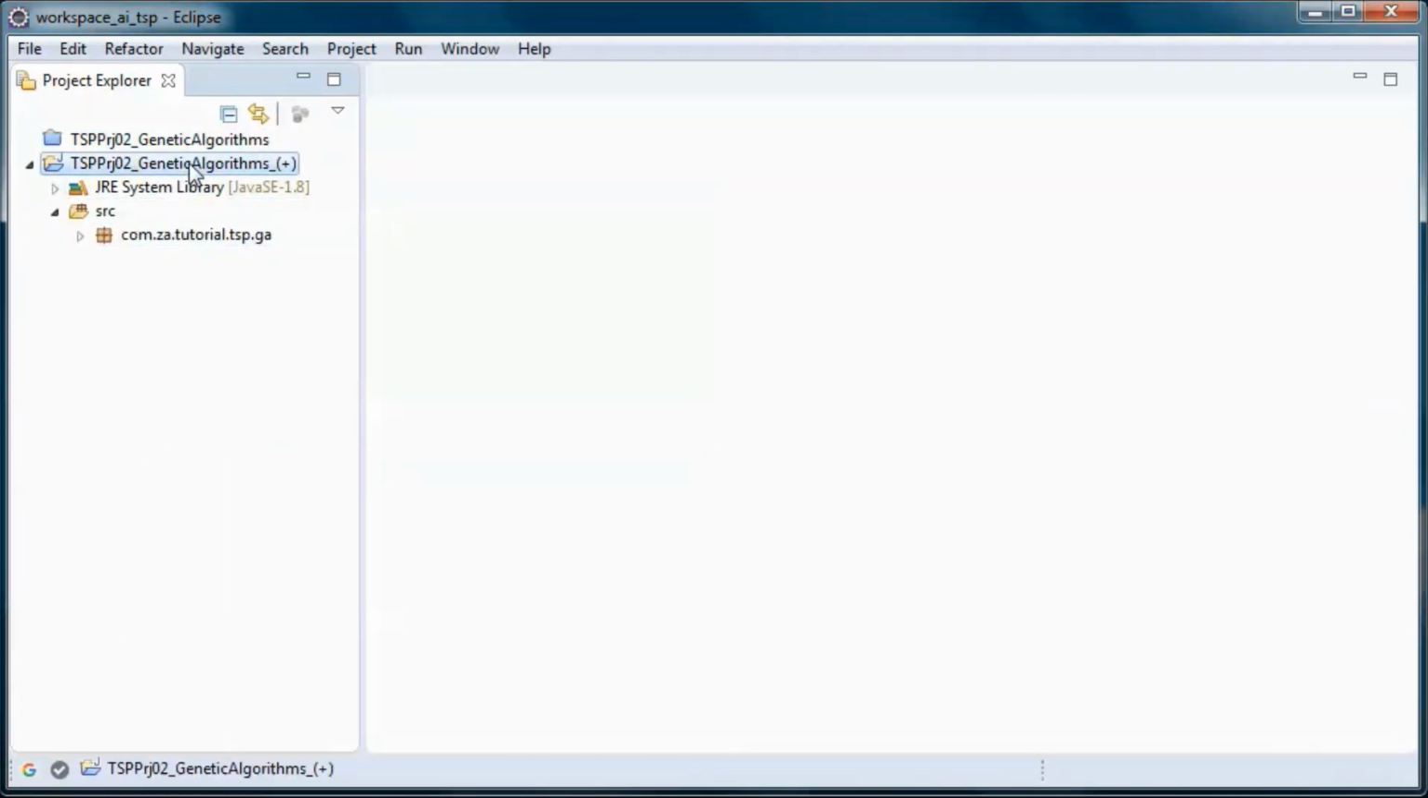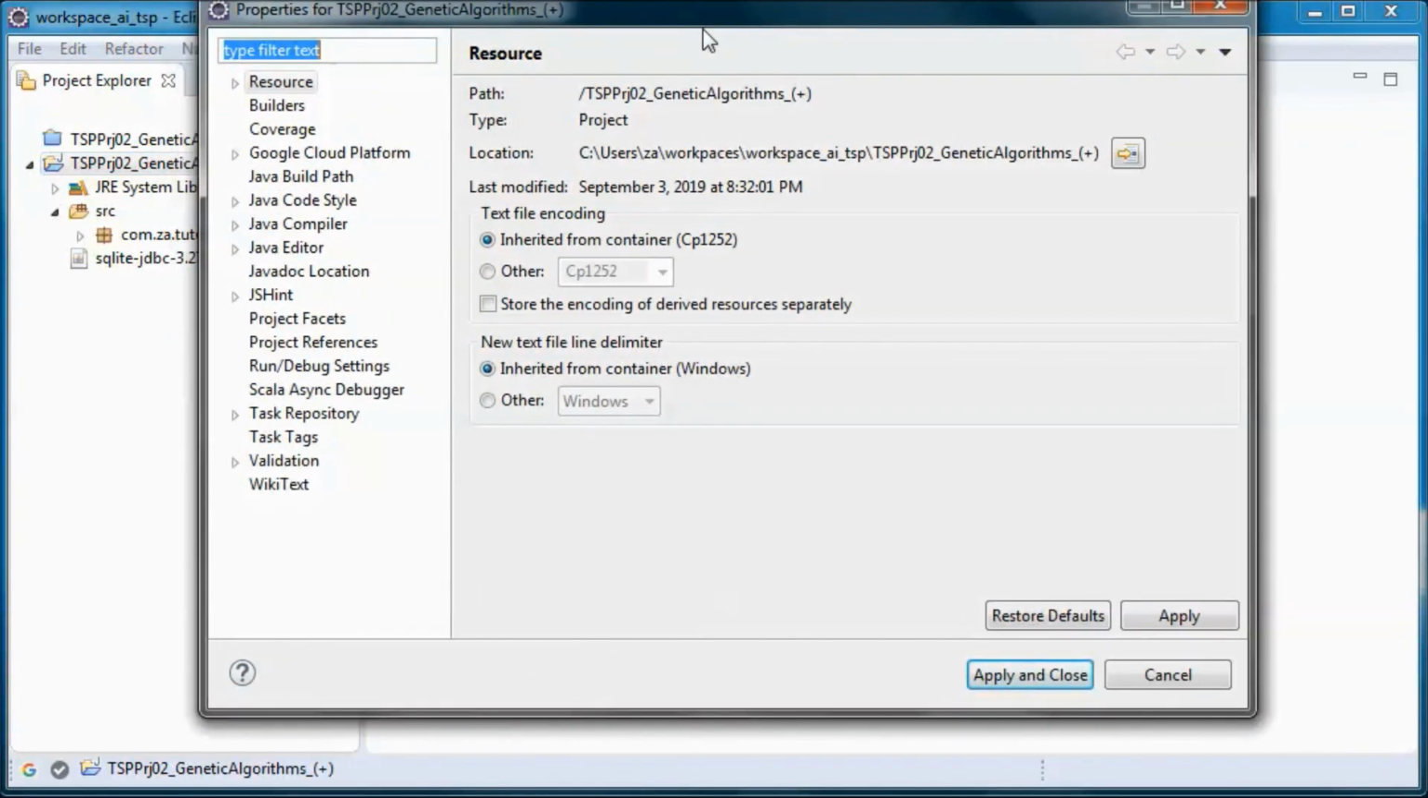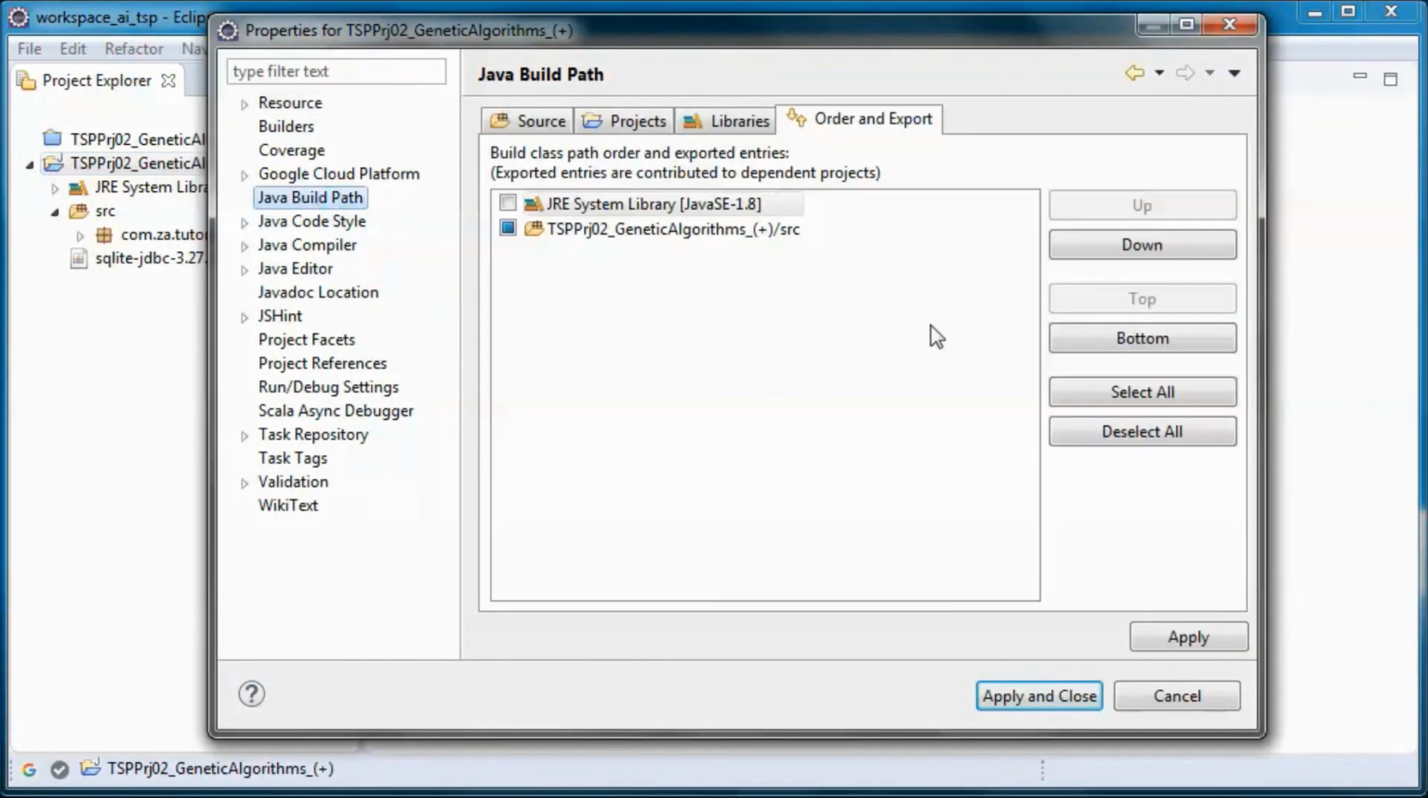And we will need this jar file that I downloaded and used on previous tutorials, and we need it in order to use an SQLite database. So we go to properties and Java build path,